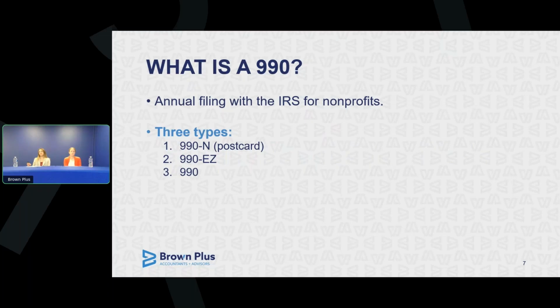The 990N is often referred to as the postcard. If your average gross receipts for 3 years are below $50,000, you can file this type of form. And this form is very easy. Any nonprofit can do it themselves. And then there's the 990EZ, which is kind of in the middle. And then there's the full 990, which has several pages of questions, lots of schedules. It's pretty extensive. So that's what we're going to spend most of the time talking about